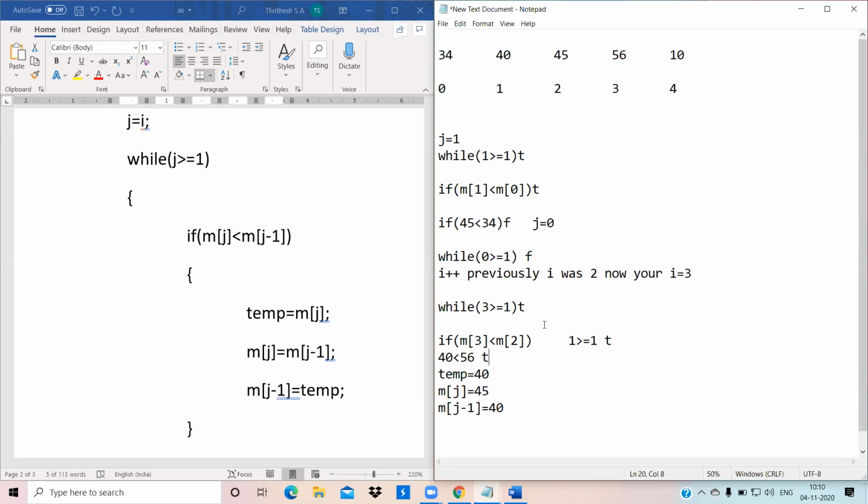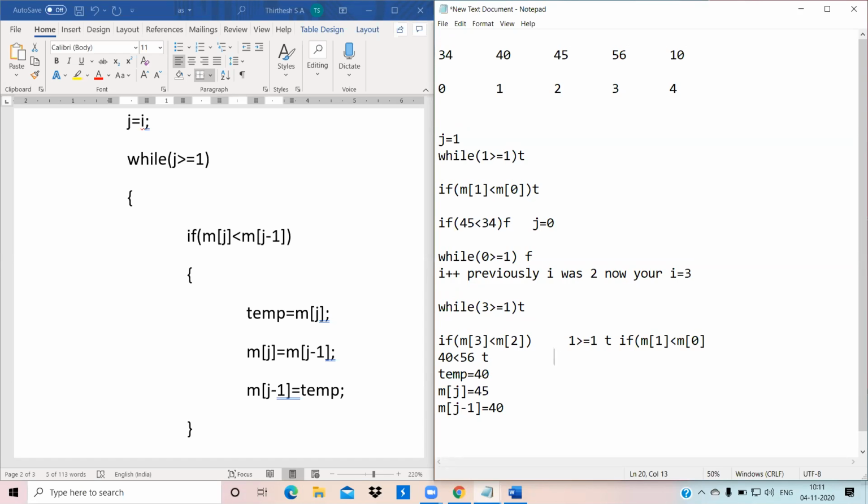Now again you are going to check if m of 1 is less than m of 1 minus 1, which means m of 0. Understood?